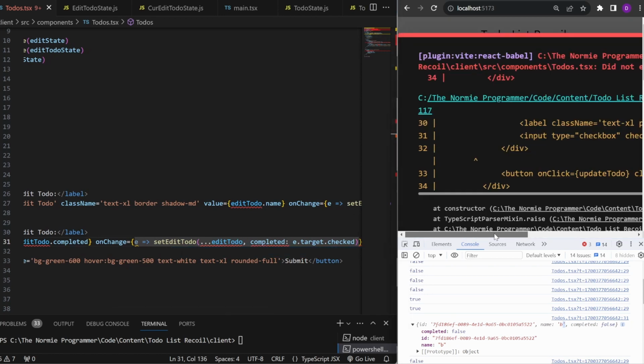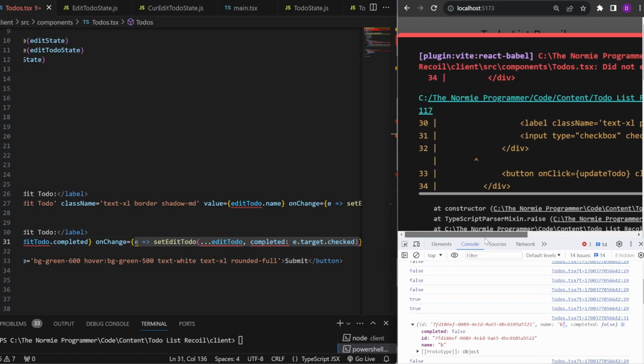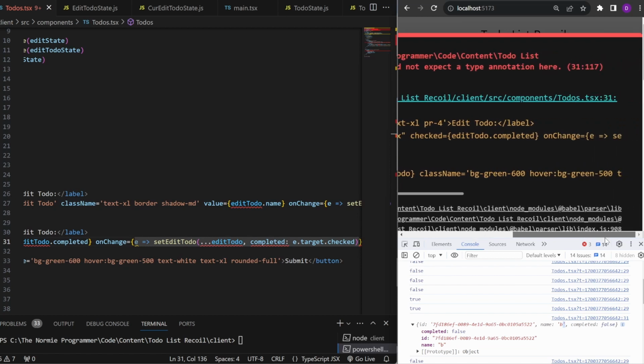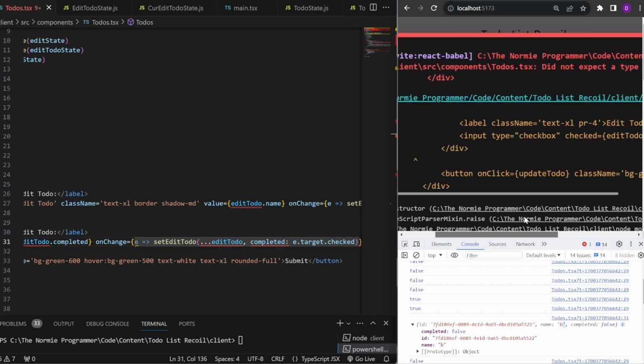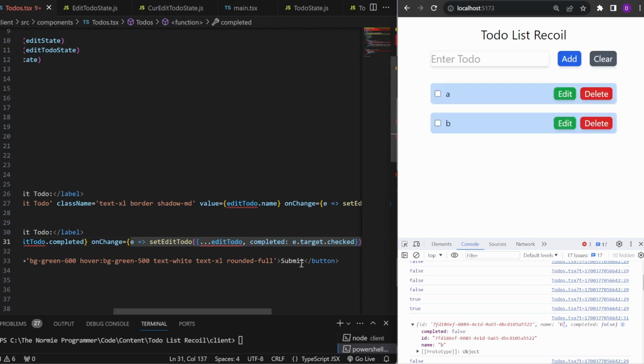Okay, some issue. Let's see what is the issue. Did not expect an annotation type in line number 31. Okay, type checkbox, checked is editTodo.completed. I think there is some issue maybe. Let's try to find out what is the issue. So we have the e and we have this thing. Yeah, whenever we are destructuring an object, we need to use the curly braces, and now this will be fine. So now if I change this thing to write SQL and submit, still nothing happens,